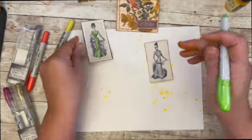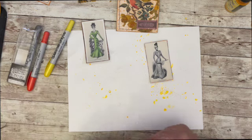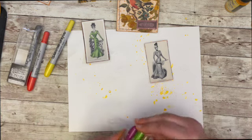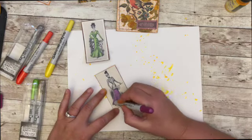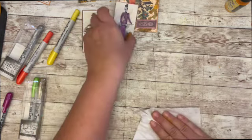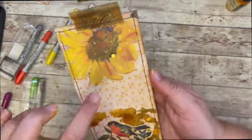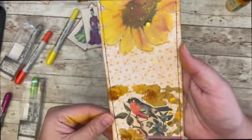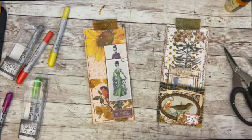There's a little shimmer of green on her dress. Let's do purple on hers. This is dry. See, once it's dry, it makes it just a little shimmery. It's really fun. And where they're going to eventually end up